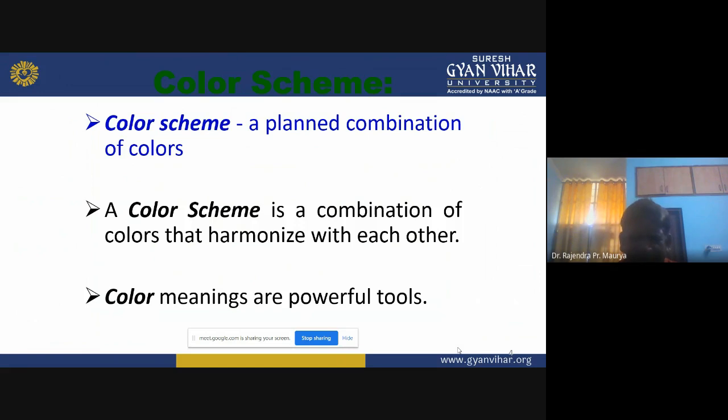Similarly, different colors, or in the last slide I discussed the different wavelengths of different colors, have harmonization with each other in a definite scheme, a definite pattern. So color meanings are powerful tools.